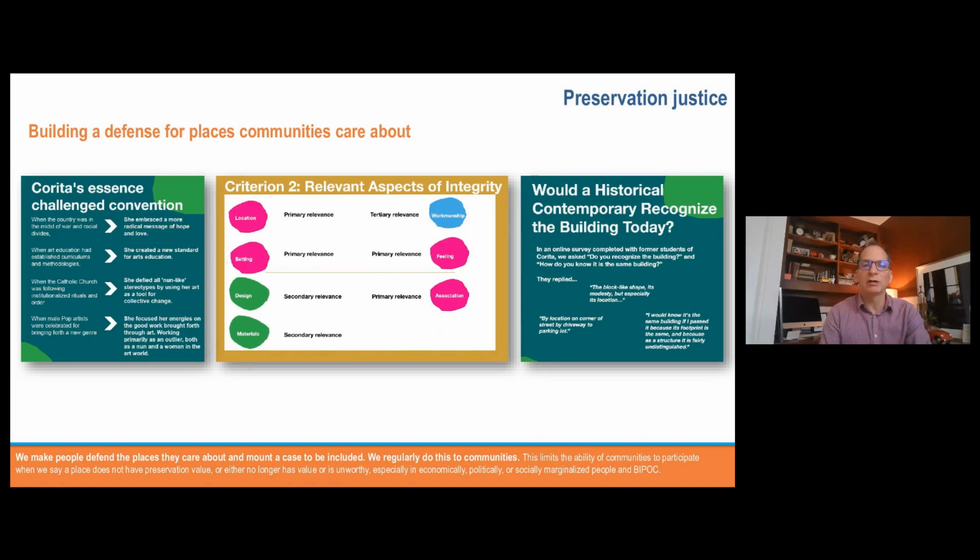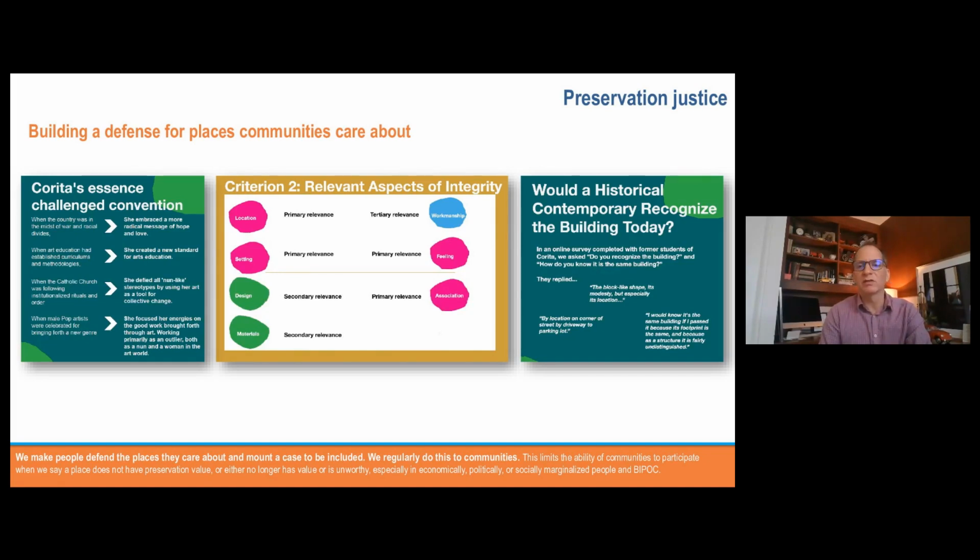Again, in many ways, she is a contemporary to someone like Andy Warhol, a white male, whose studio you probably wouldn't question as a place he was instrumental in. Or we also go through the lens of the 7 aspects of integrity. In this particular case, the applicant did a good job of breaking down what are the primary aspects that are relevant, and what are the aspects that are secondary in terms of design, materials, workmanship.